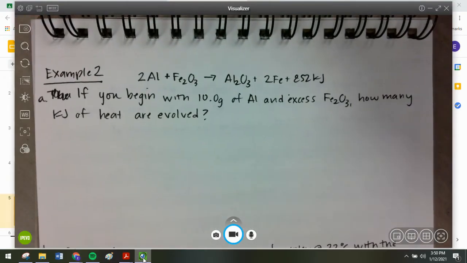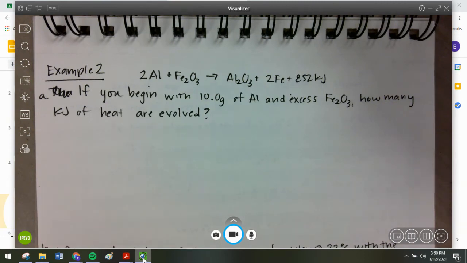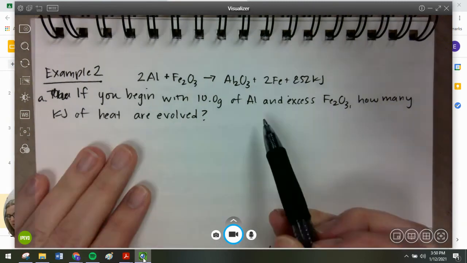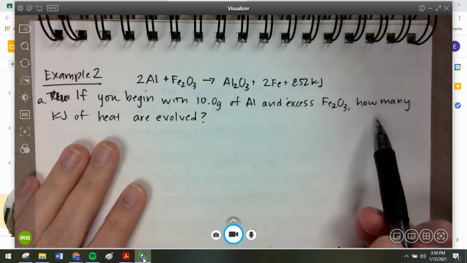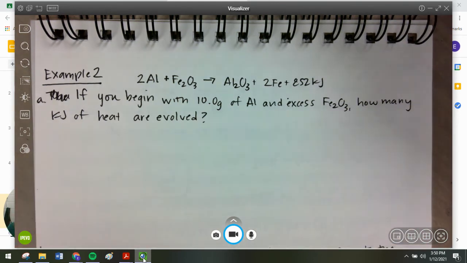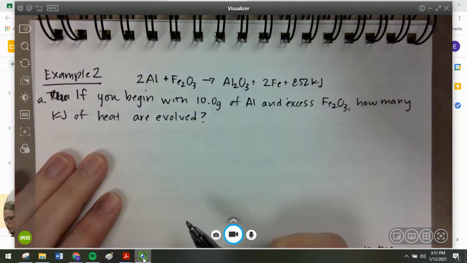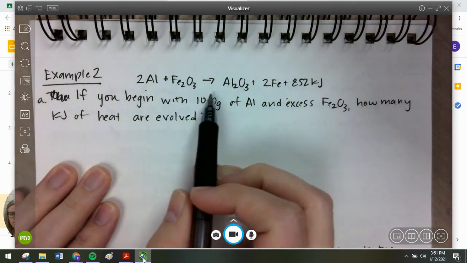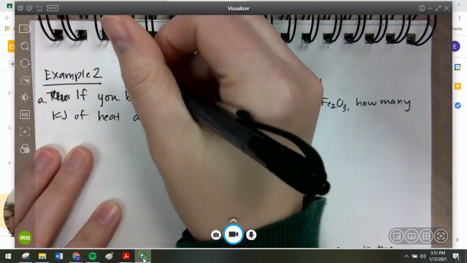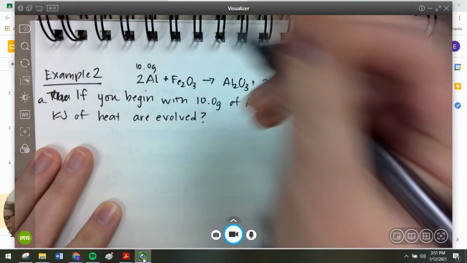So example number 2, you begin with 10 grams of aluminum and excess iron 3 oxide. How many kilojoules of heat are involved? So in an AP exam, this is what the problem is going to start off as. It'll be its own A question. All right. So this is a stoichiometry problem because I know I've got 10 grams of aluminum and I want